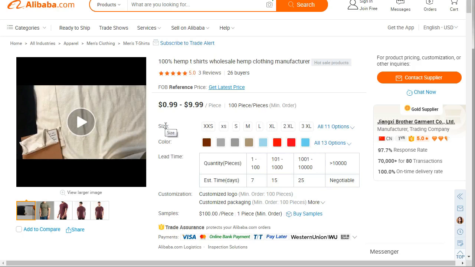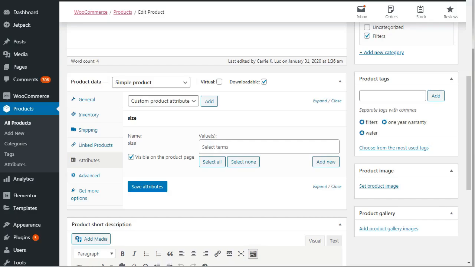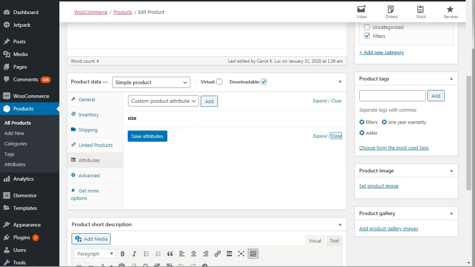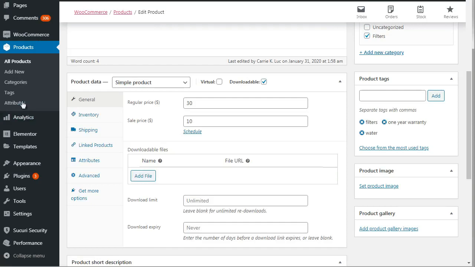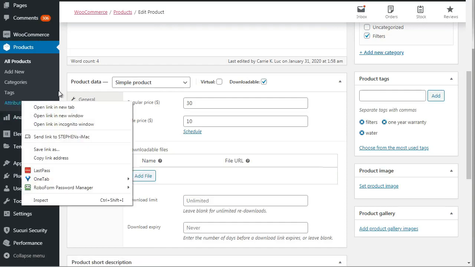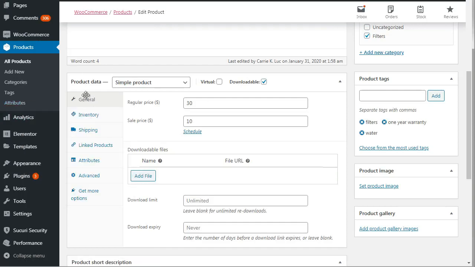Now, what I want you to understand is these are the attributes. So size is the attribute. Color is the attribute. What are these? These are what we call values. Now, the reason why I'm telling you this is because that is what it's called under WooCommerce. So if we were to go under here, and let's just refresh this page, you can do it of two different ways. You can go under attributes and add them there, or you can add them on the actual